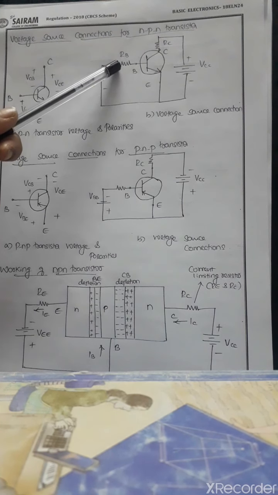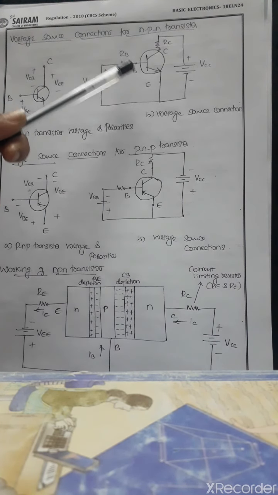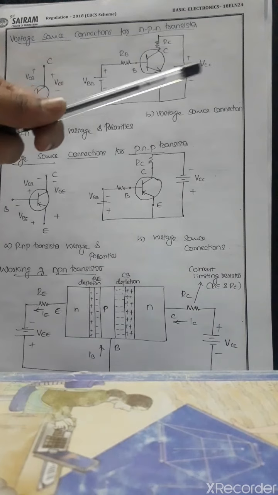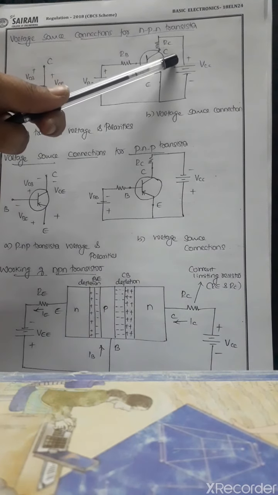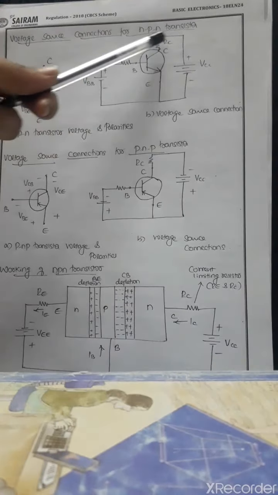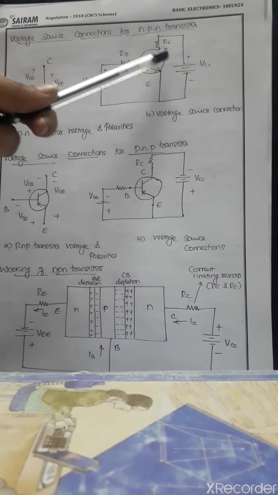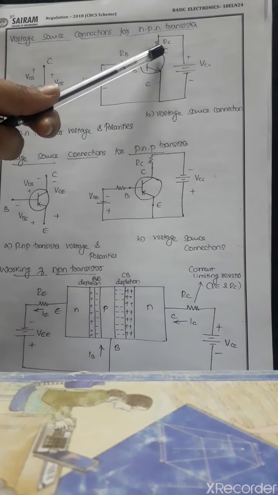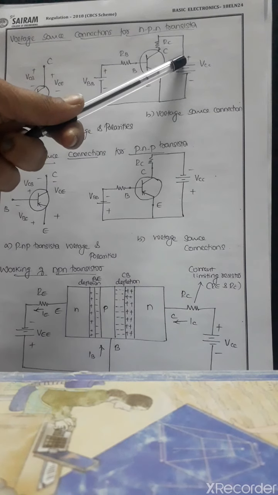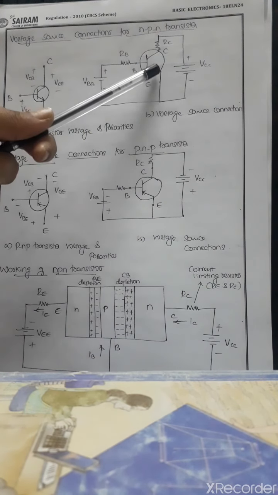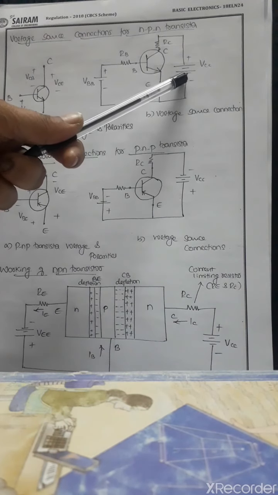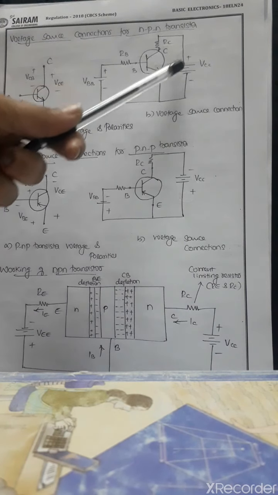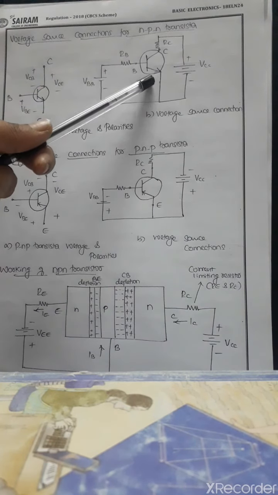It is called a current limiting resistor because it will protect the transistor from high voltages. Similarly, the output junction, that is the junction between the collector and the emitter, has to be under reverse bias. Reverse bias is done with the help of this external voltage source VCC. The collector terminal is N type, so it has to be connected to the positive for reverse bias, and the N type emitter has to be connected to the negative of the battery, so that VCC provides reverse bias for the output junction.